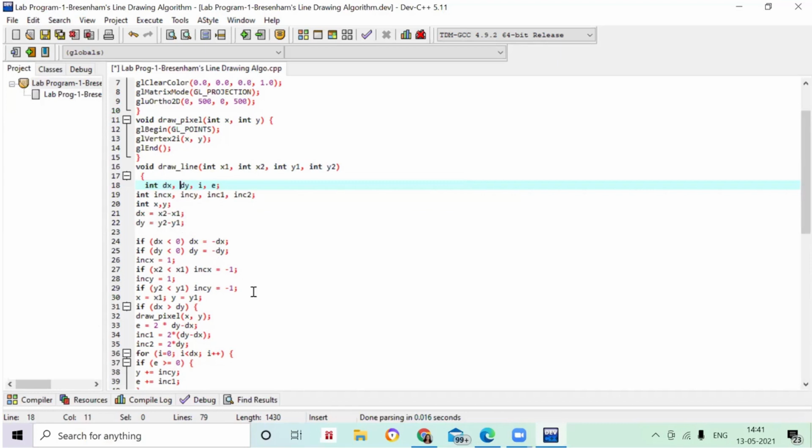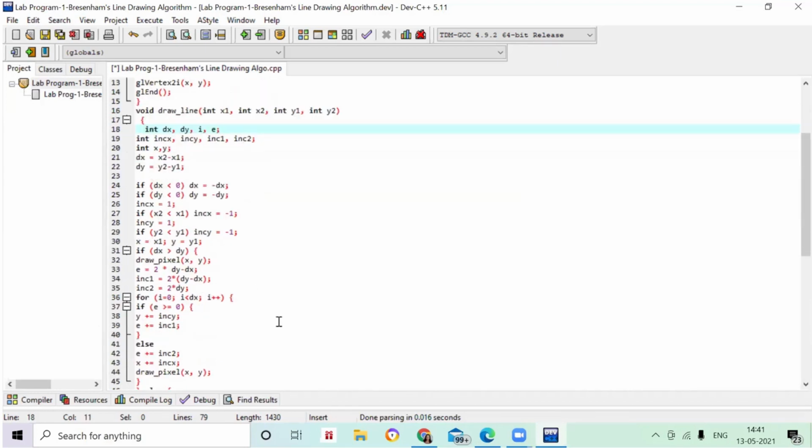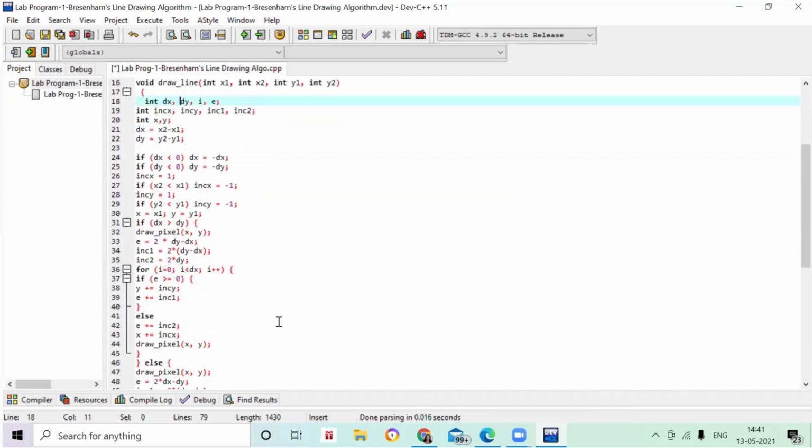Now one more thing also I have told you that we have to check the conditions, right? So what all are the conditions we have to check? So here you can see that if condition is there, once I have given you the algorithm. In the next slide, I have shown you that if it will be in the positive slope, if it will be in the negative slope, what you are going to do.